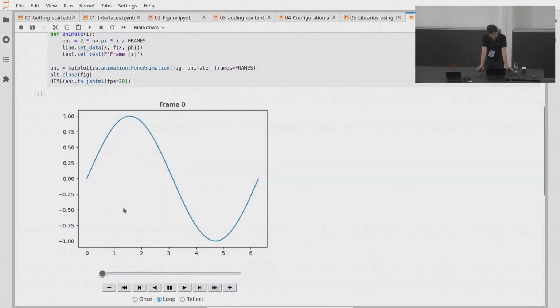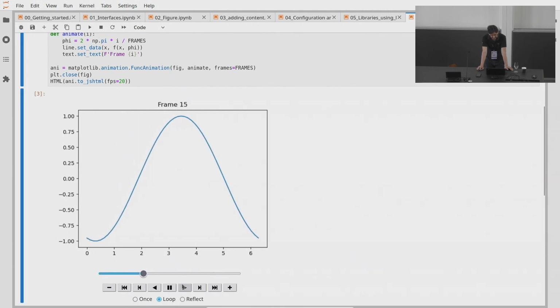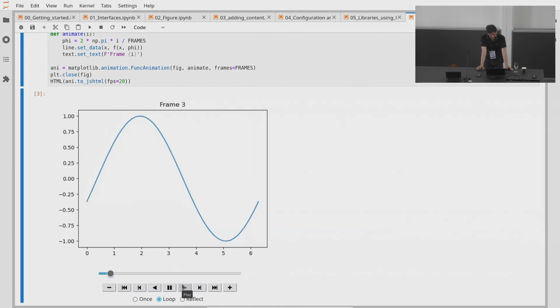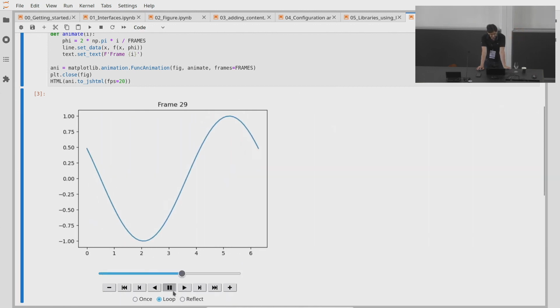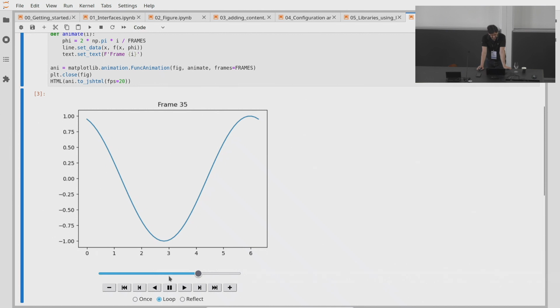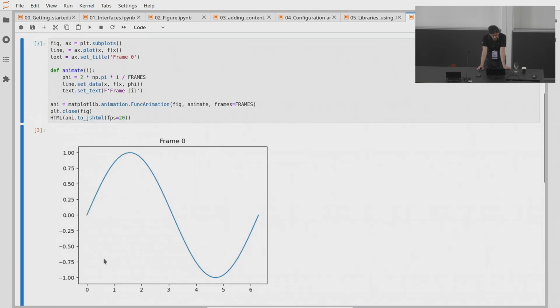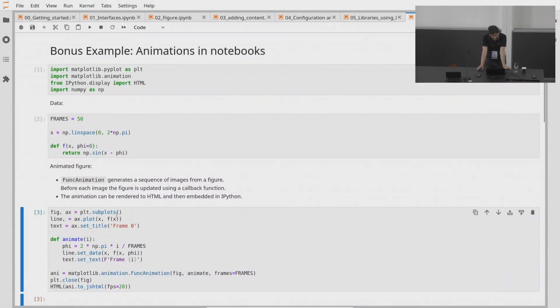What you can do is create animations where you have a continuous movie of your data in the Jupyter Notebook. And the way to go about that is